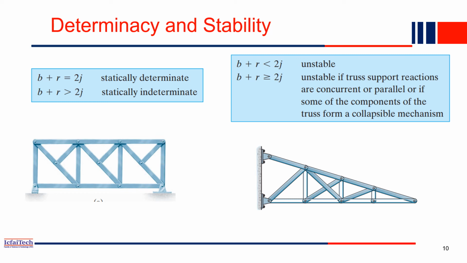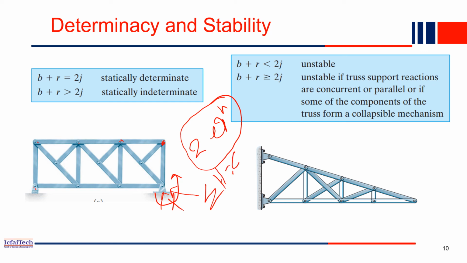One will be vertical upward, and then you have a horizontal one. So you have two reactions at each. There is no moment because all are pin-jointed structures. So at each joint, basically we can write two equilibrium equations. What are these two? Summation of all horizontal forces equal to 0, summation of all vertical forces equal to 0. So basically we can write only two equilibrium equations for each joint in a truss.